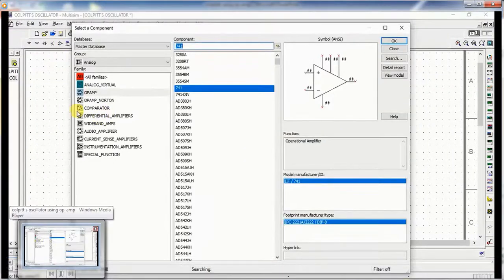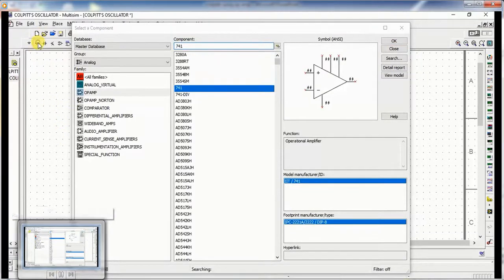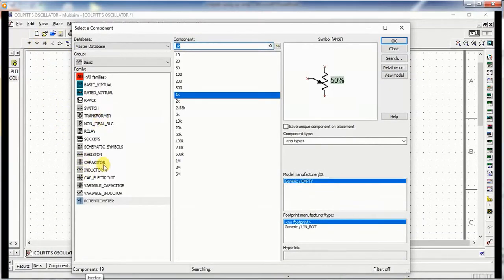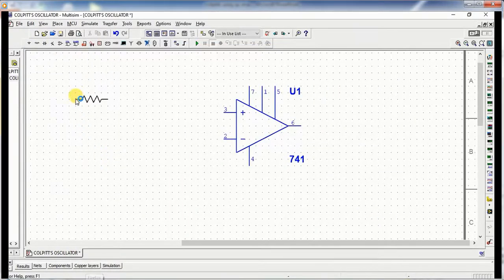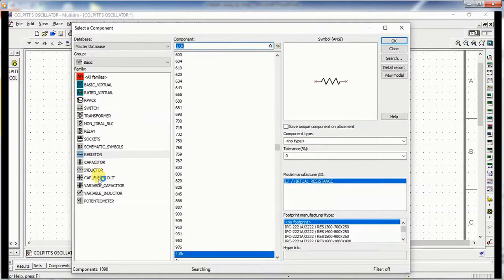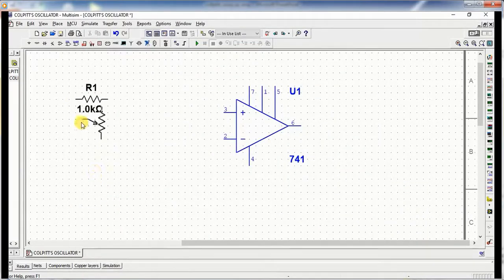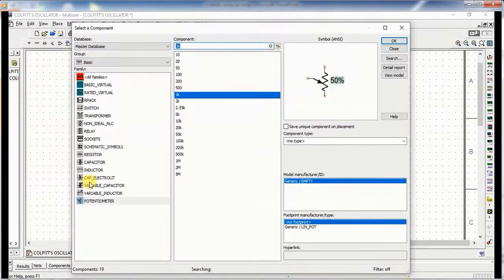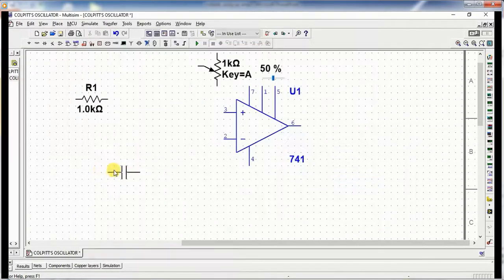So here this is your 741 op-amp IC. Select all the components, and this is your resistor R. Select the resistor and drag it. Select the potentiometer also and drag it on the workspace, and the capacitor is also required.